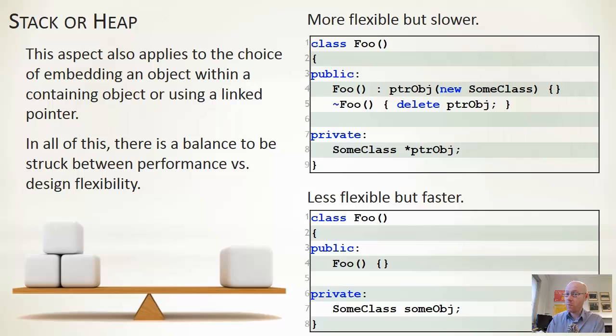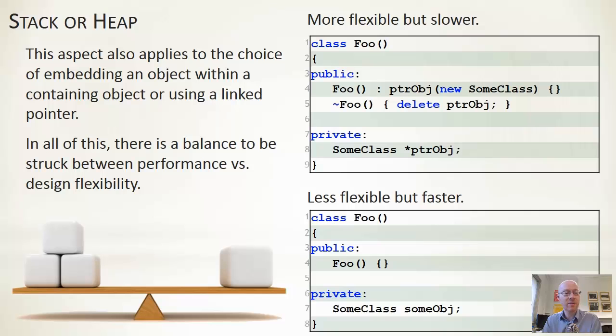Now, the instance of foo that we create could be on the stack, it could be on the heap, it doesn't really matter. But foo itself, when it is created, allocates one of its own internal items of data on the heap, which it then has to free up whenever it's been deleted. The example on the bottom is where foo doesn't allocate it on the heap, but says, okay, I want to allocate it directly with myself. So it's a chunk of memory associated with foo that's reserved along with it. So if we're creating foo on the heap, then all it means is we will reserve a larger chunk of memory on the heap. And if we're allocating on the stack, the exact same principle holds. So essentially, foo reserves a bigger chunk of memory compared to the one with a pointer to an additional item stored in the heap. So the bottom one is certainly faster, but is also less flexible,